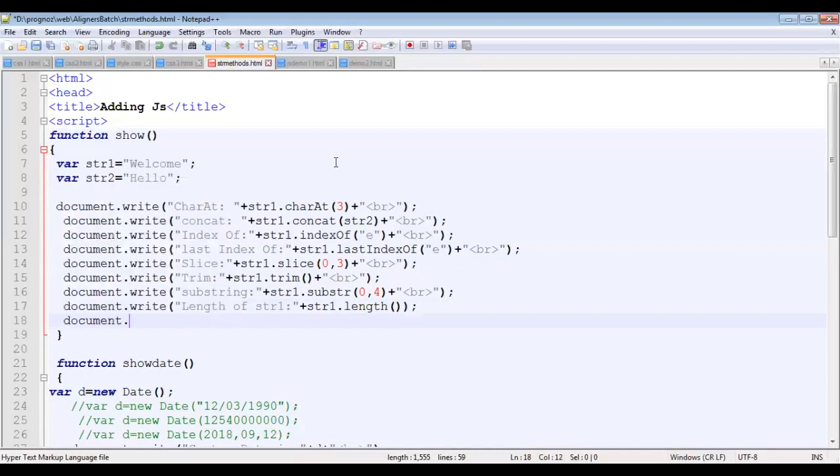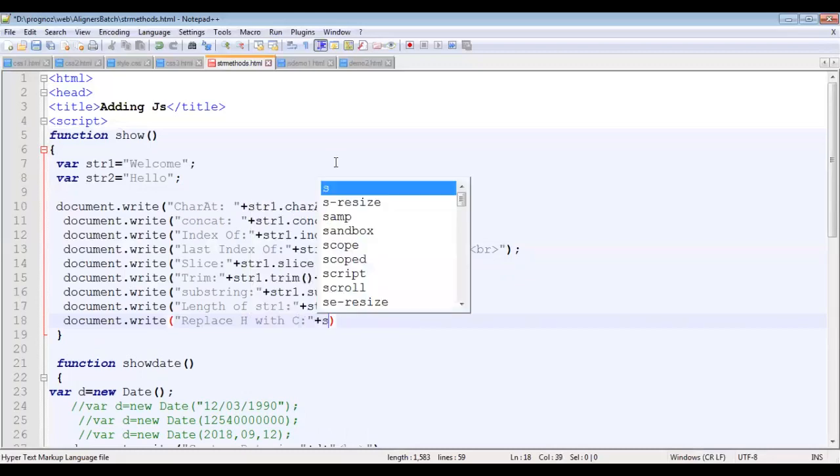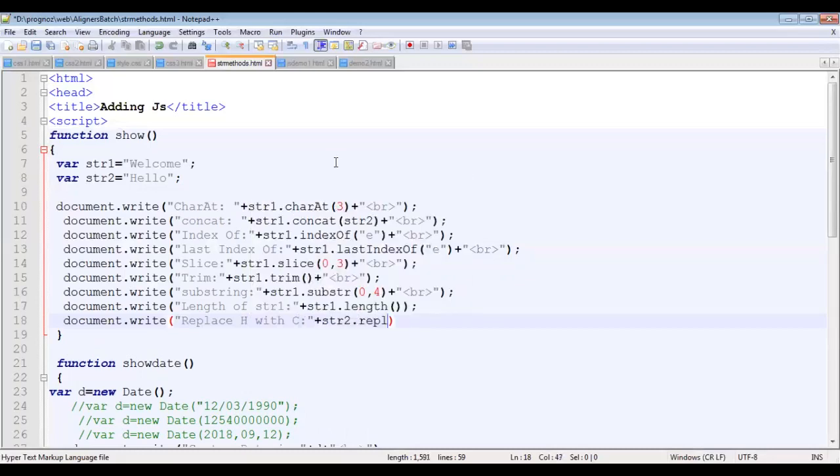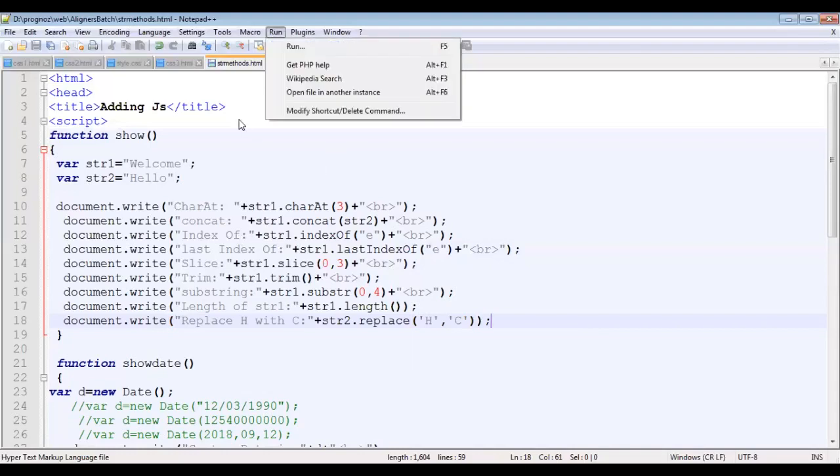Similarly, document.write from hello, let's say replace H with C. So you have to say str2.replace("H", "C"). So this replace function is also available. Let's see the string functions first.